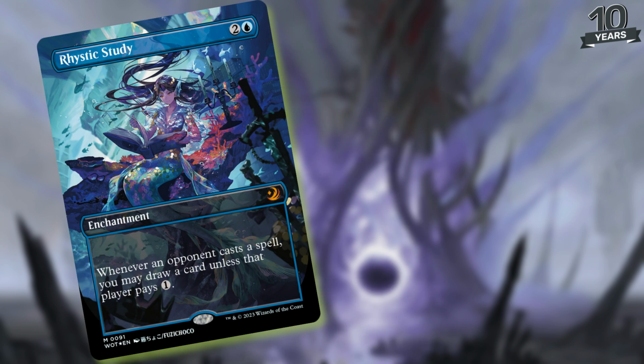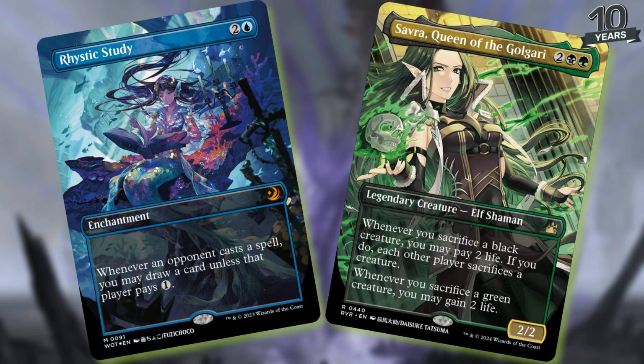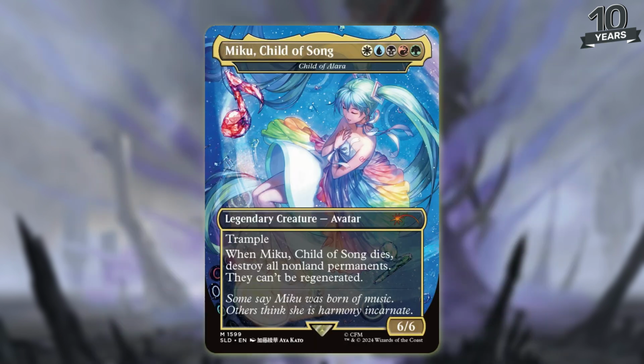Look at Rhystic's Study from Wilds of Eldraine, or Savra, Queen of the Golgari from Ravnica Remastered. Both of those in their anime style look fantastic, and for some reason, we just didn't get things like that. I mean, this isn't terrible art, but there are so many talented artists who can draw really good anime cards, and you would think for a popular IP like this, they would employ some of those people,